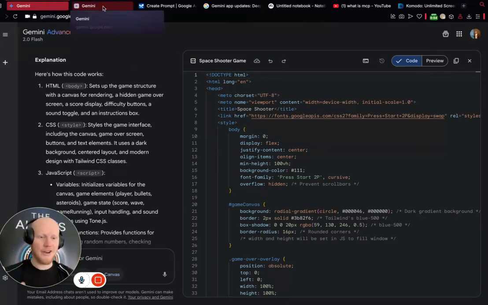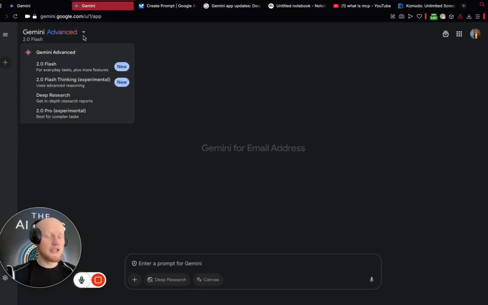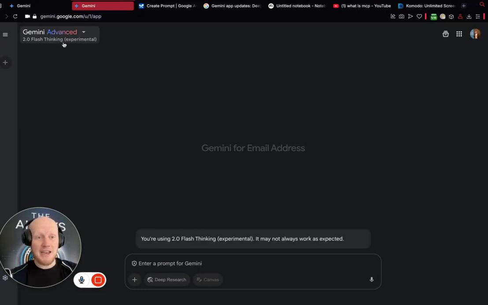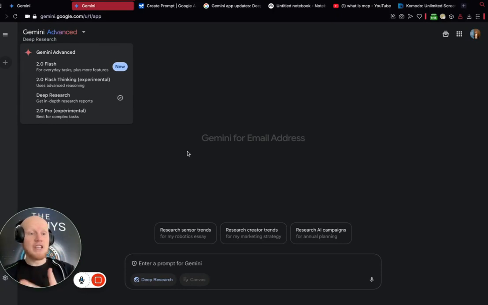I'm very quickly going to go through in this video some of the functionality that Google has just been releasing one after the other. Amazing tools, trying to keep up with OpenAI and all of the other ones that are coming out, but these guys are dropping tool after tool after tool. So you've got Gemini Advanced, you've got 2.0 Flash, which is actually doing a pretty good job, thinking experimental as well, and then you've got Deep Research as well, which was recently updated and is competing quite heavily with all of the other deep research functionalities, right?